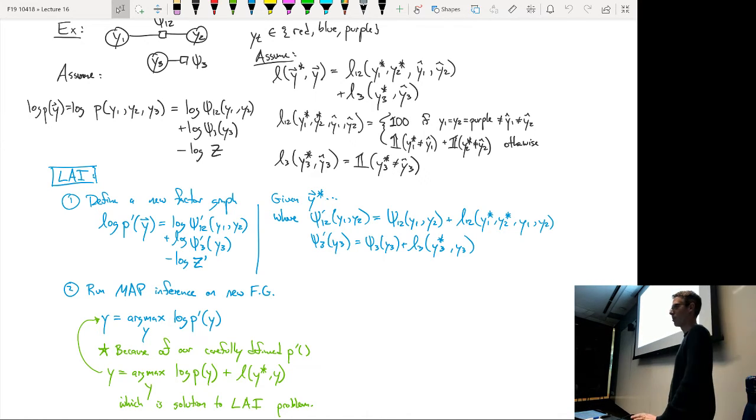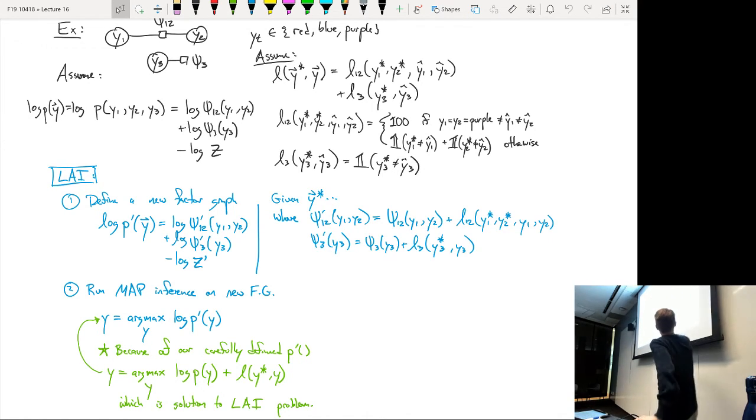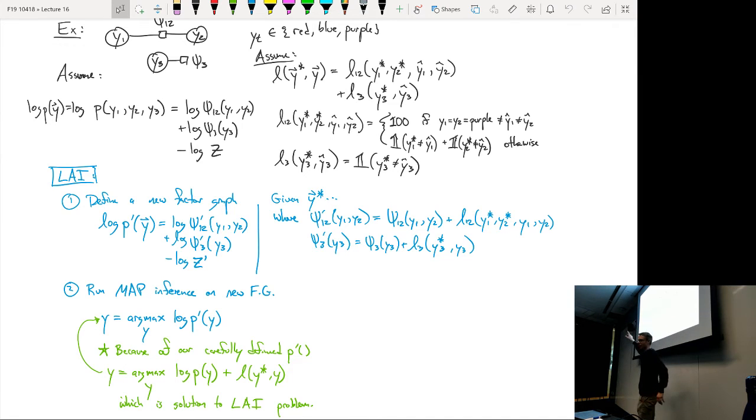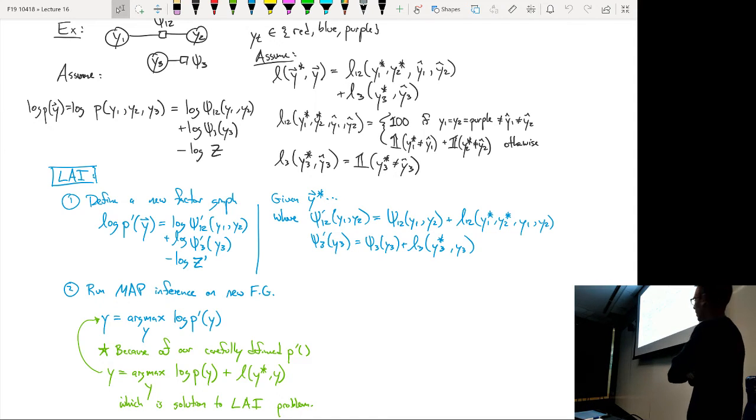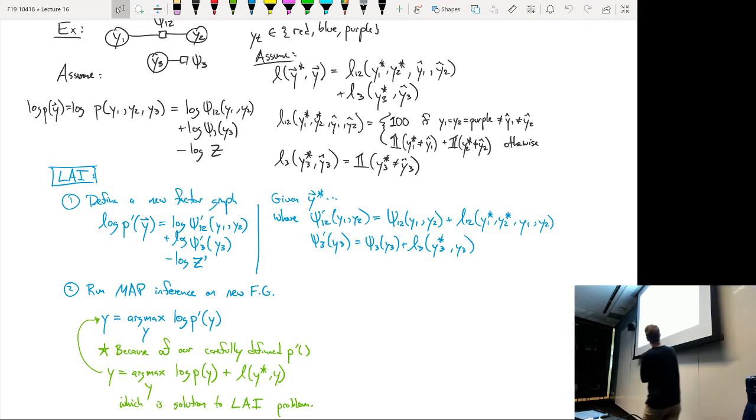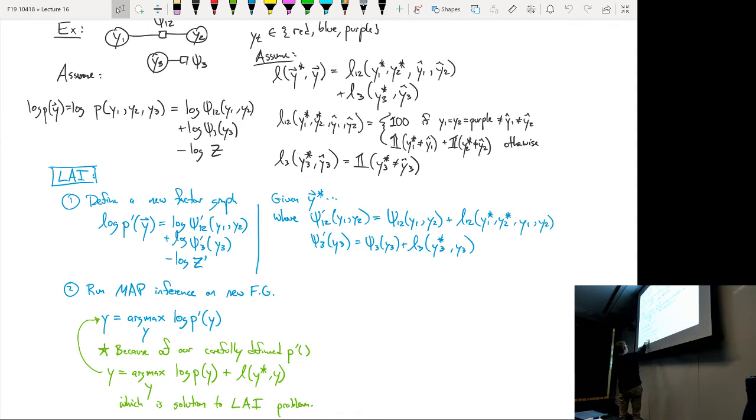Okay, there's actually a bug in what I wrote right up here. Does anybody see what I did wrong? Didn't even notice it as I was doing it. You're trying to maximize the log of this probability plus the loss.